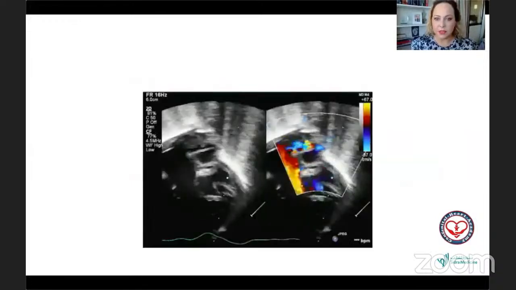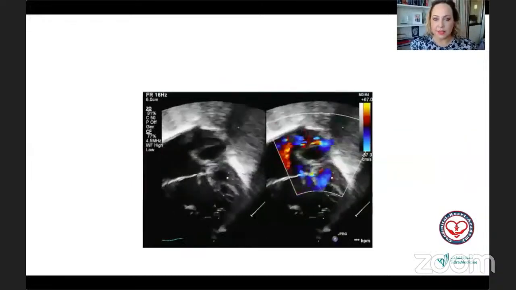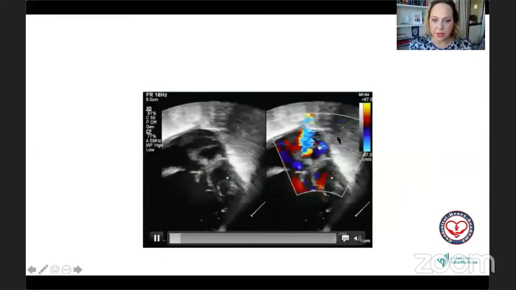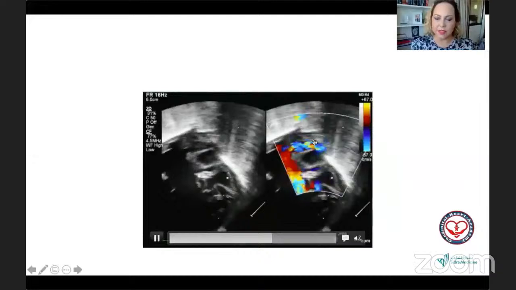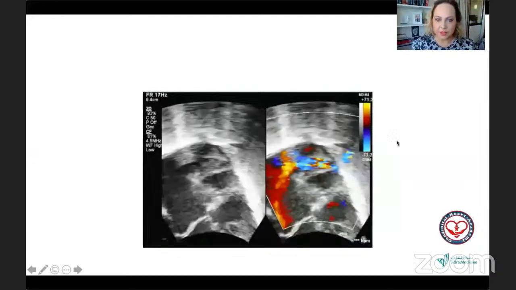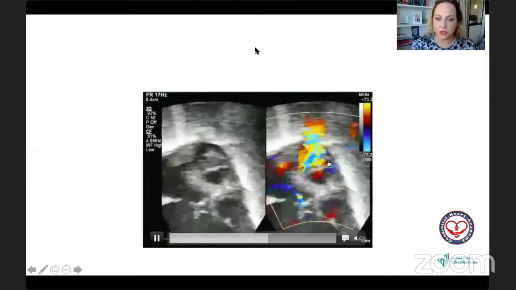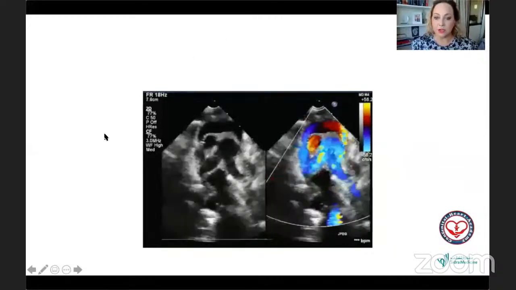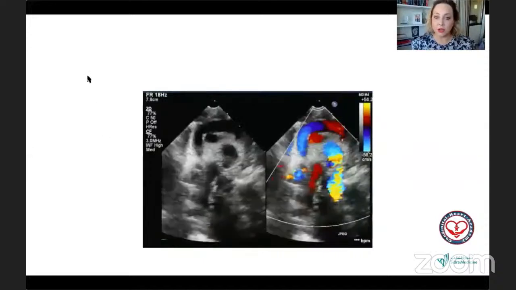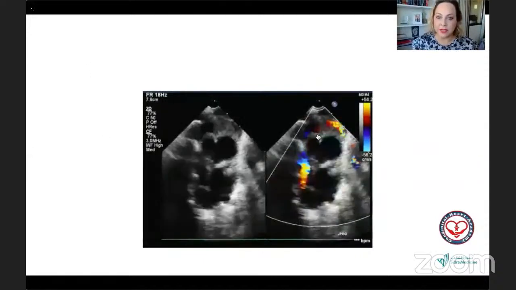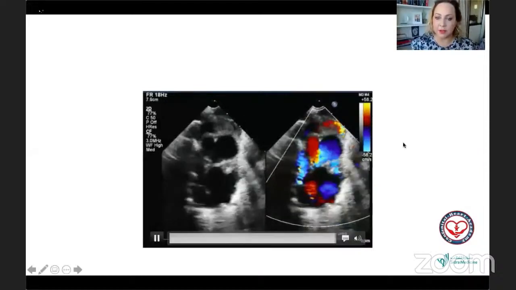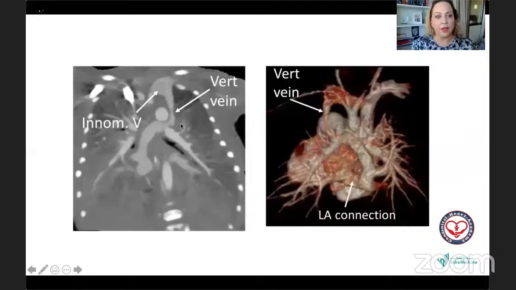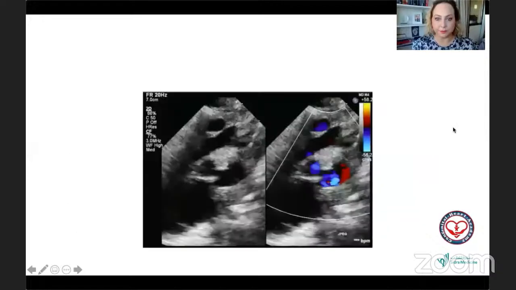Here you can see this on the echo image. So you can see this membrane, or maybe this septum here, and the pulmonary vein flow arising on the top of it. And this is a posterior structure. So here we go from posterior to anterior, and then we can see here the pulmonary venous drainage. So this patient had partial anomalous pulmonary venous return. You can see that there's obstruction here. There was a gradient of 14 seen on echo. And here is the image of the CT scan of this vertical vein with this obstruction.